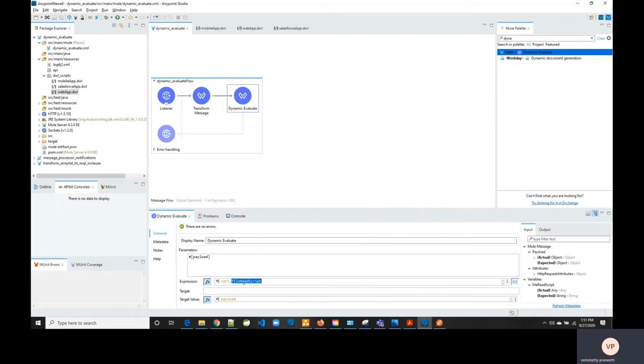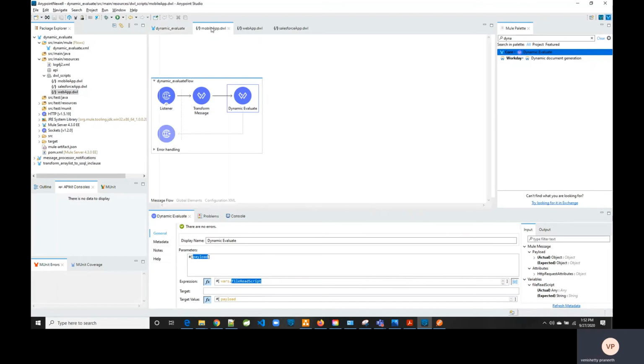As I mentioned, this file read script variable will have a DataWeave script, which is loaded on the basis of the application name passed in as part of query parameters while invoking the API by the client system. This script runs on the payload and gives out the response which is expected by the client system.